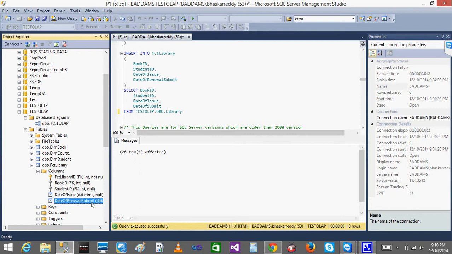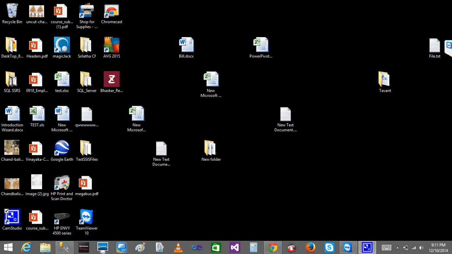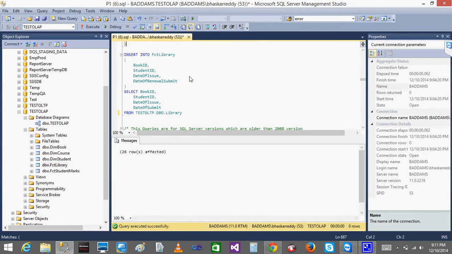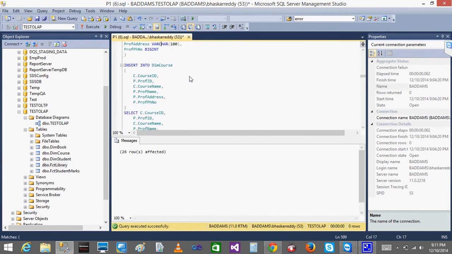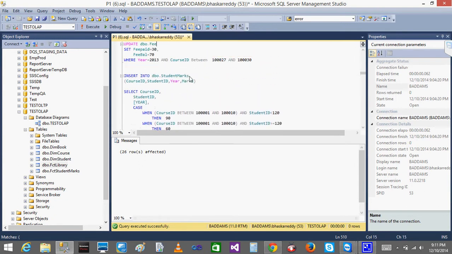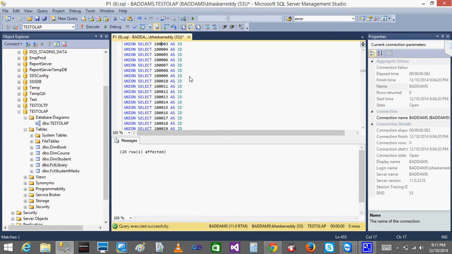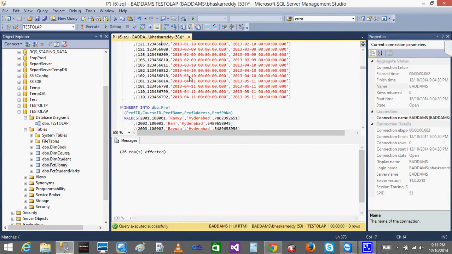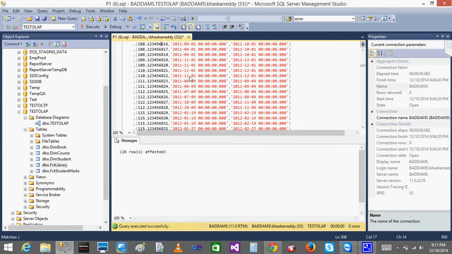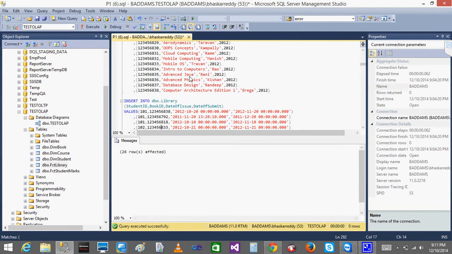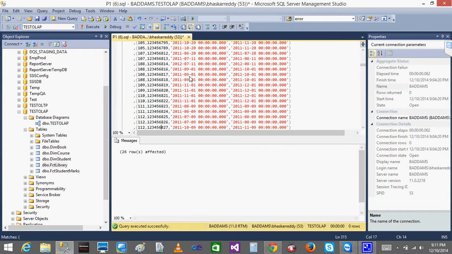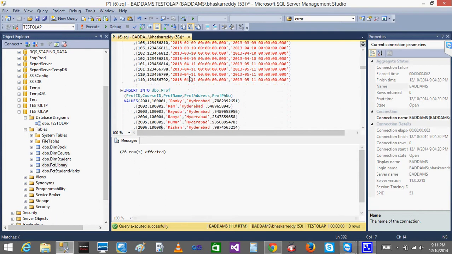So now here you can see all the different kinds of things. You can go to each and every table and have a look. When you run the script, the only issue you will get is that when you insert the data into the library, some records will have issues. When I insert the data into the library, I insert record by record so that I know exactly which record has the issue, ignore that record, and insert the rest of the records. So this is the way.